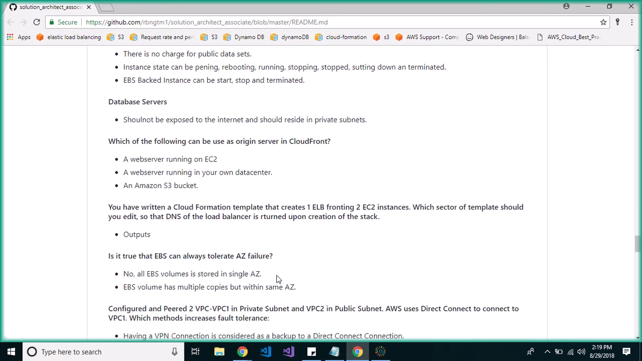Output sector. So moving towards the next question, is it true that EBS can always tolerate AZ failure? No. All EBS volumes are stored in a single availability zone. That's what you need to remember going into the examination, right? EBS volumes are only stored in a single availability zone. But EBS volumes have multiple copies, but within the same availability zone. So this is what you need to care about. Okay,